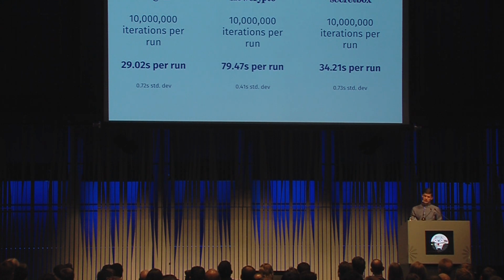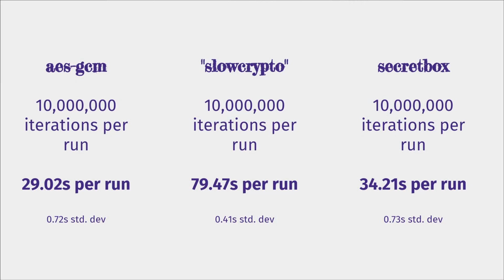Right, so the difference is really minor. We saw a pretty substantial difference even between AES-GCM and secret box, but in reality, we aren't seeing that much of a difference. Slow crypto, it's getting there, it's obviously purposely bad. And over long enough time spans, you're going to see this obviously blow out dramatically. But